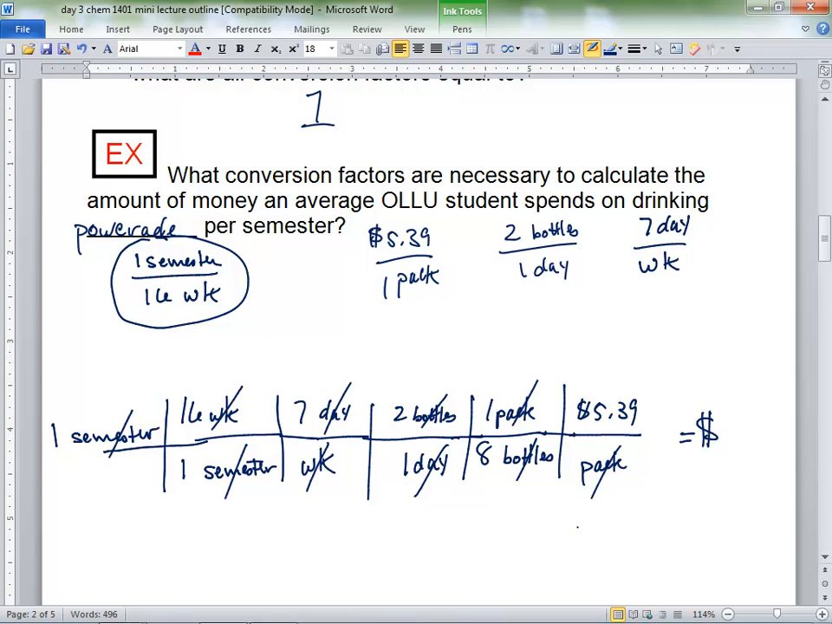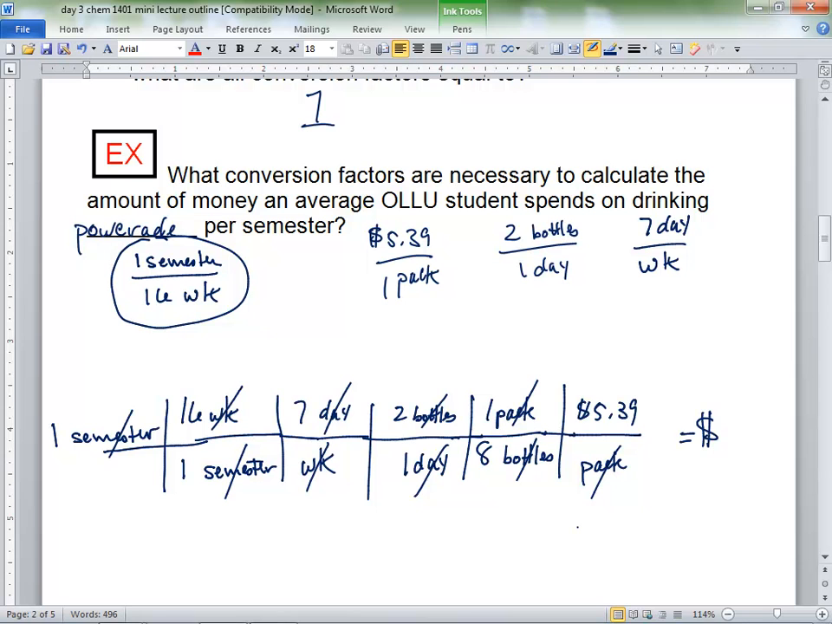So any number on top, you always hit the multiply button. Any number always on the bottom, you always hit divide by. And just ignore the ones, because 1 doesn't affect anything, right? Because look at all these 1s. Because technically it would be 1 times 16, divide by 1, times 7, divide by 1. Well, I just leave the 1s out. So pretty much 16 times 7 times 2, divide by 8, times $5.39, and you get